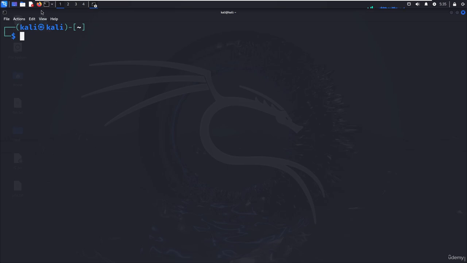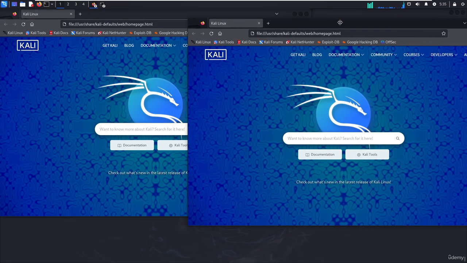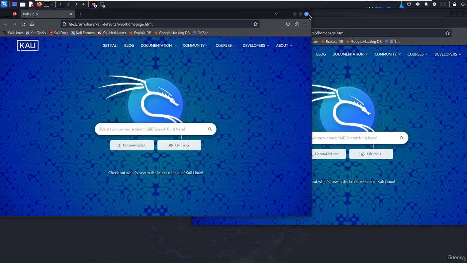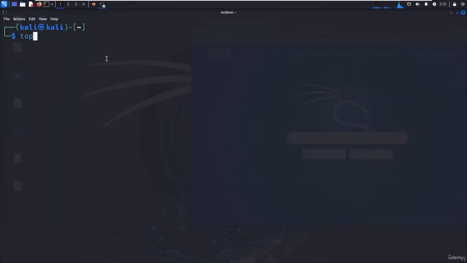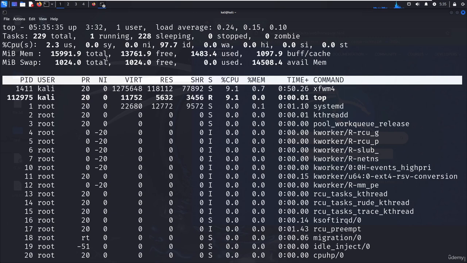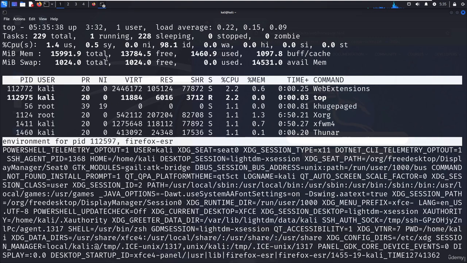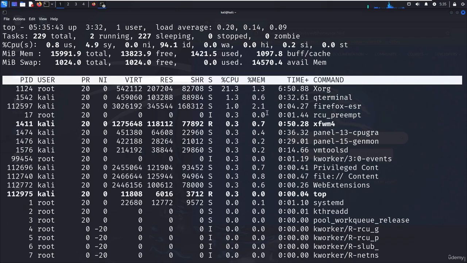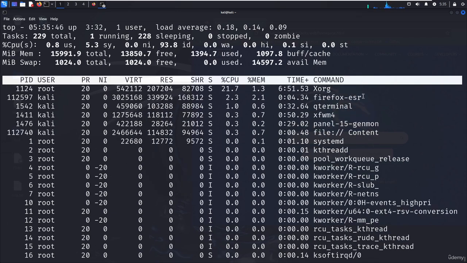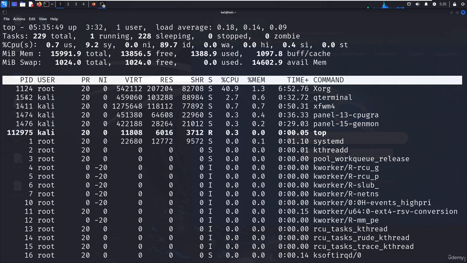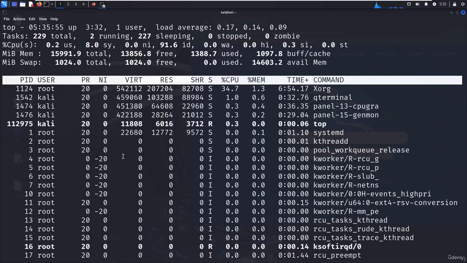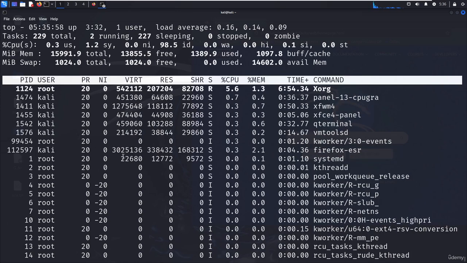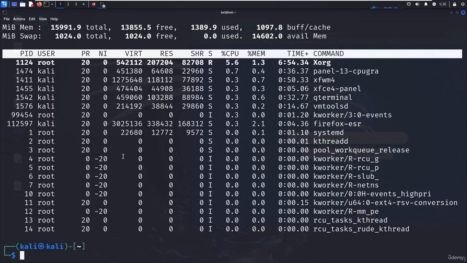So let me open Firefox. I want to close this Firefox. Let's first see the top command, and Firefox is running. It's at the top and it's running. I need the ID to close it. Now how can I find out the ID, because it keeps changing, even though it's mentioned here? However, there is a way. Let me quit this one, and that command is